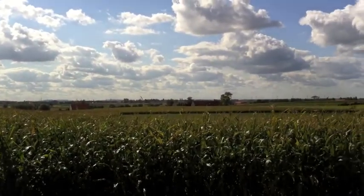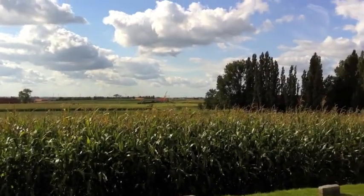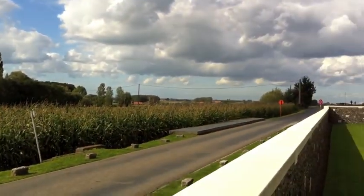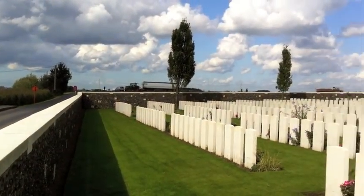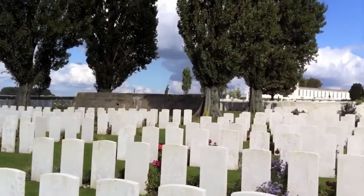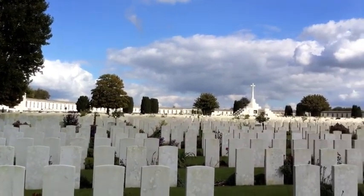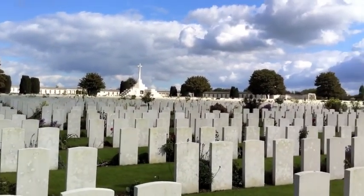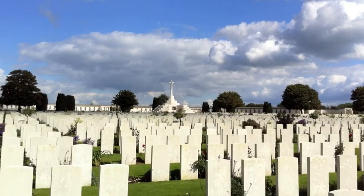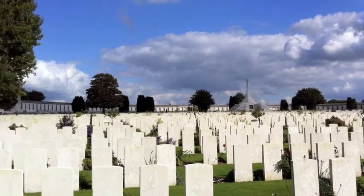And over there were the British, Canadian, Australian and New Zealand lines, and where I'm actually stood is our largest Commonwealth cemetery. Again, countries of the Commonwealth: Britain, Canada, Australia, New Zealand. And where I'm actually stood when the battle first started, this was the German front line. And you'll see that cross there in the middle. That was actually a German pillbox. There are several others on the site,